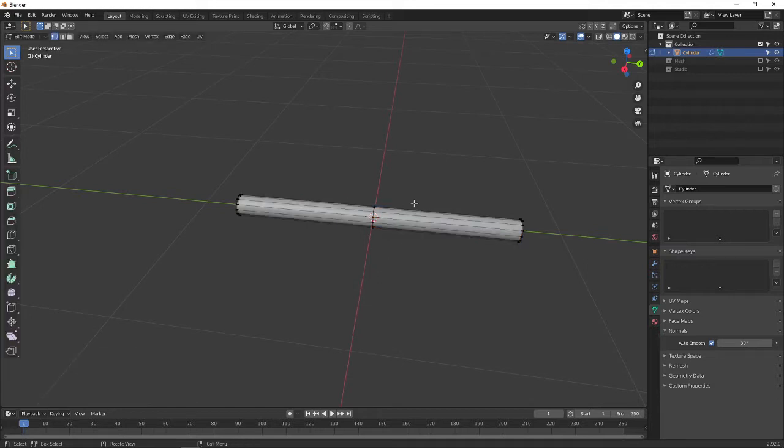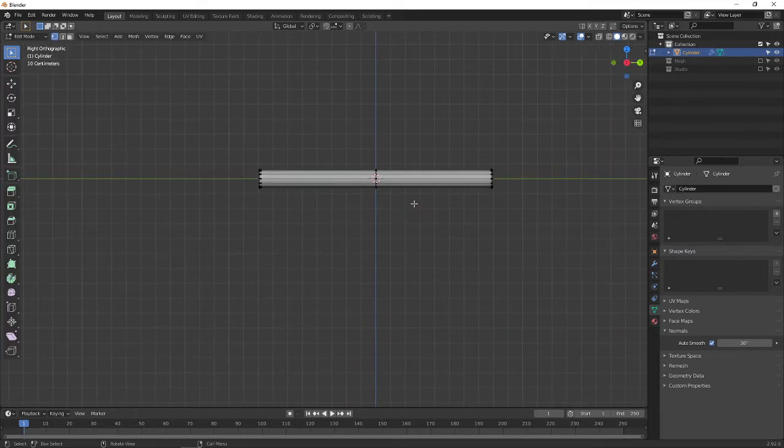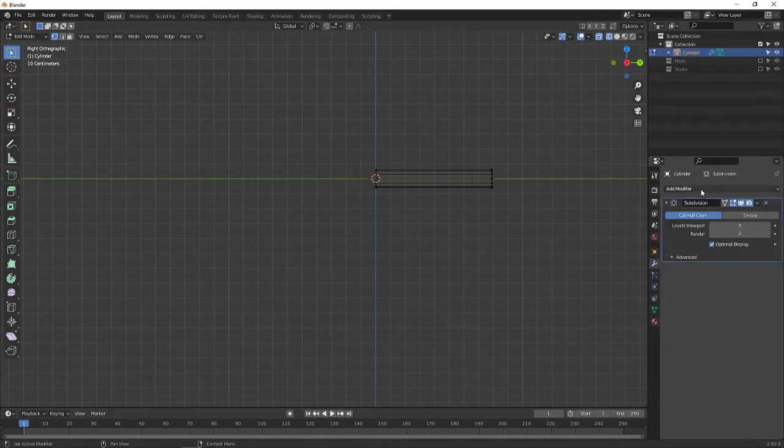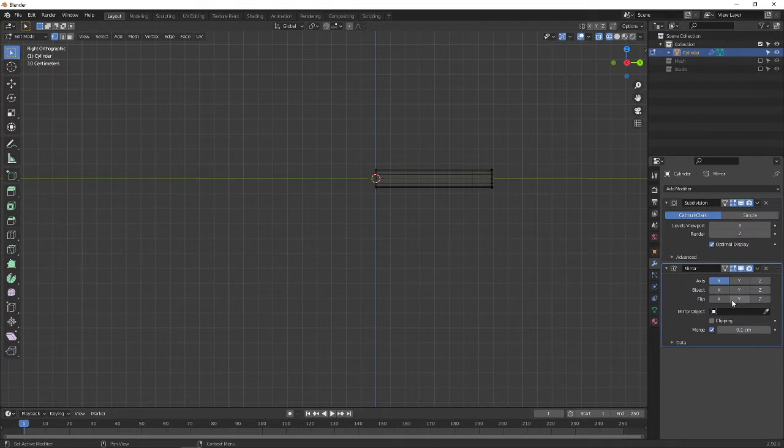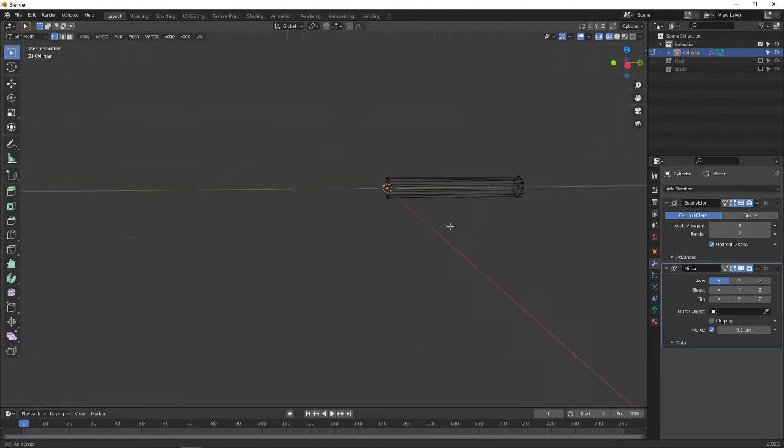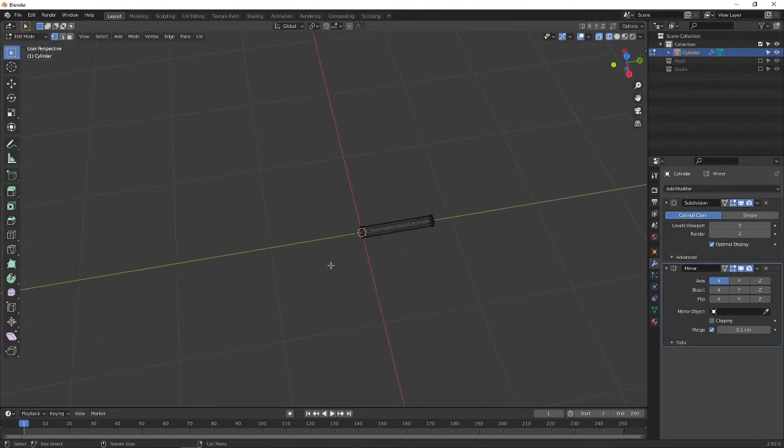Go to edit mode, press 3 on the keyboard for the side view. Press Shift Z and select these vertices. X to delete the vertices, and we are going to add a mirror. How this mirroring is useful: whenever you design this corner, it will be applied in the opposite direction too.